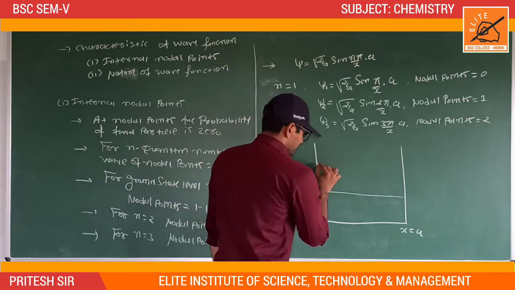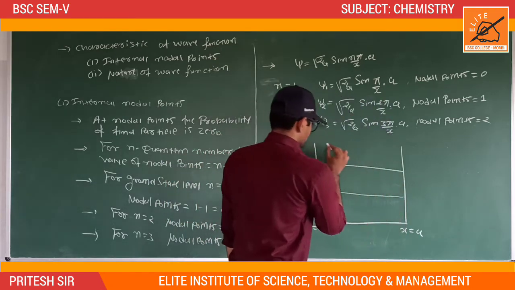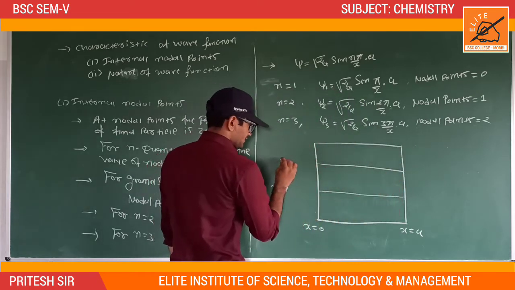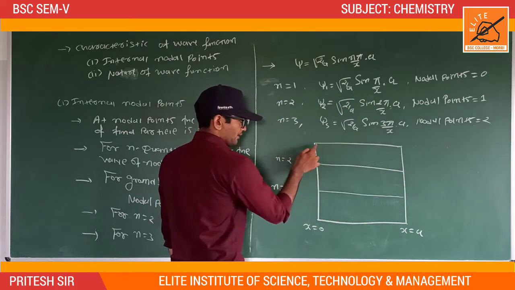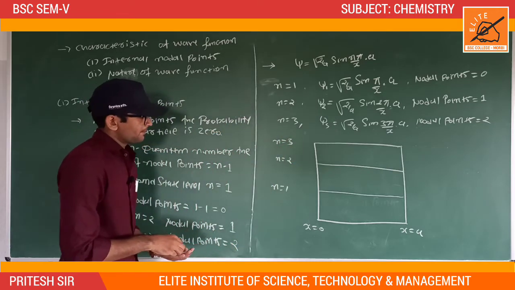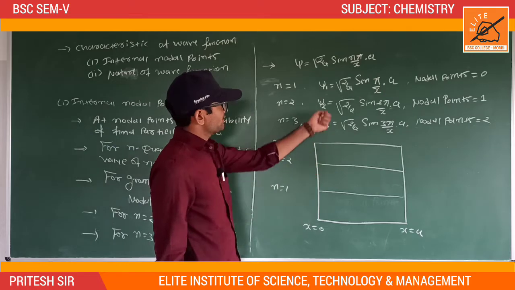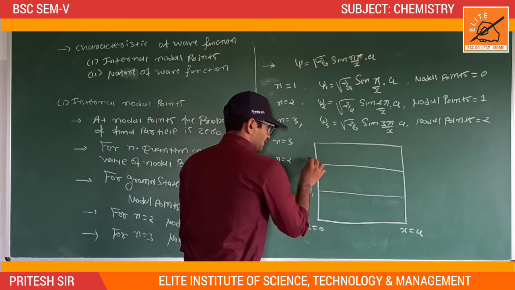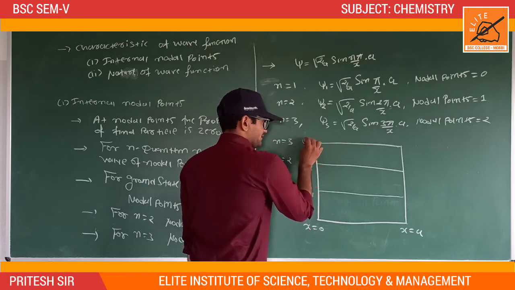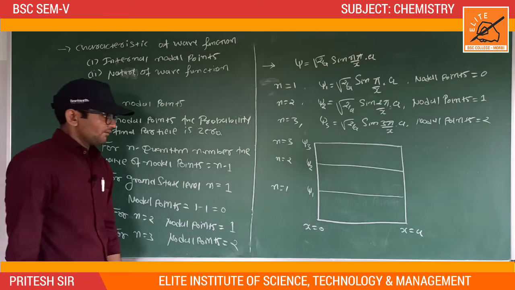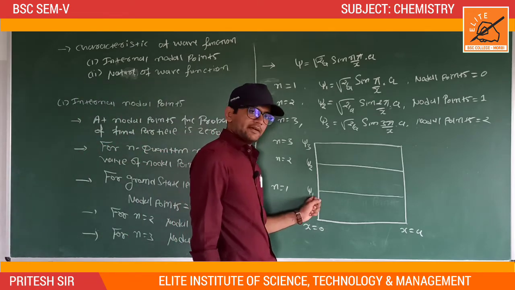This is the second energy level, and this one is the third energy level. Here the value of n is equal to 2, and for that n is equal to 3. So for n is equal to 1, the wave function will become psi 1. N is equal to 2, at that time psi 2, n is equal to 3 and psi 3. So for graphical representation of psi 1 is